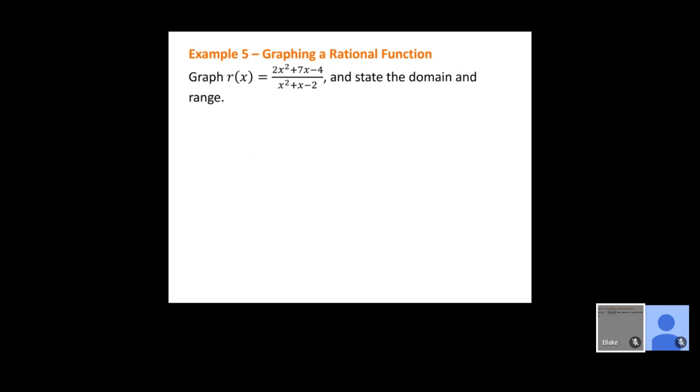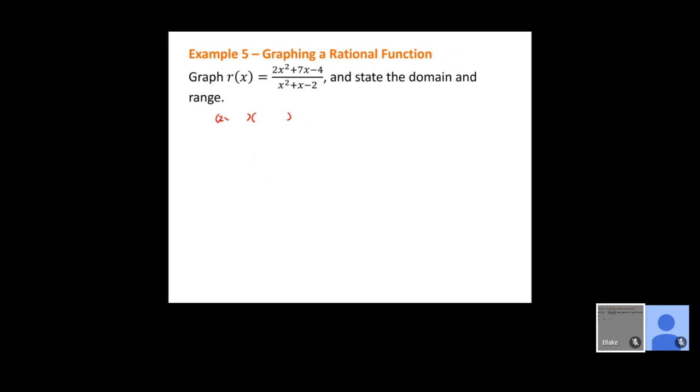All right, so this time it asks us to graph. What we're actually going to do is the same thing we did on the last one. Look for those horizontal and vertical asymptotes, and then we'll talk about domain and range. So again, I want to see if I can factor this first. So if we look at our numerator here,